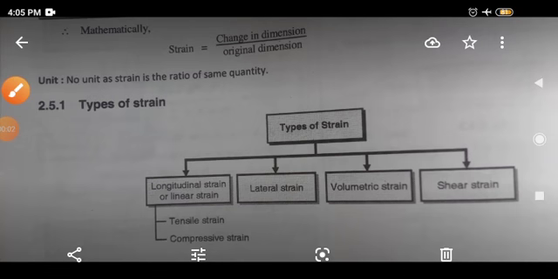For second year mechanical, this is the subject Strength of Materials, in which we are looking at Unit 2, simple stresses and strains. In the last lecture we solved some problems of moment of inertia and studied some part of the simple stresses and strains. Okay, let's recall a few things from the last lecture.